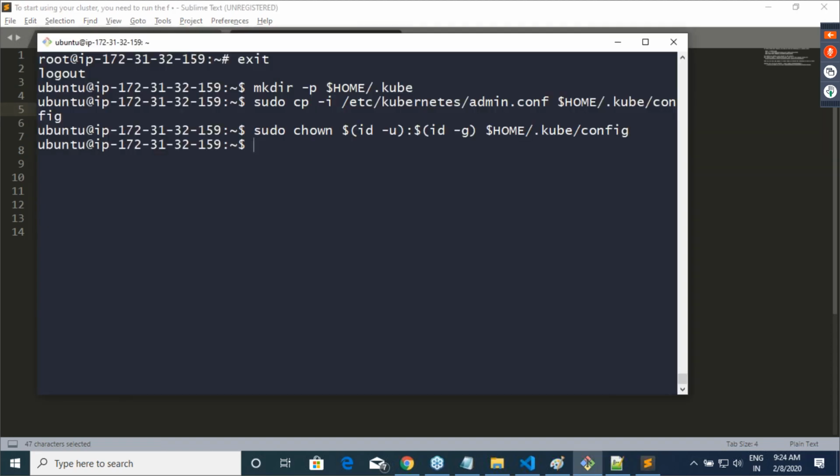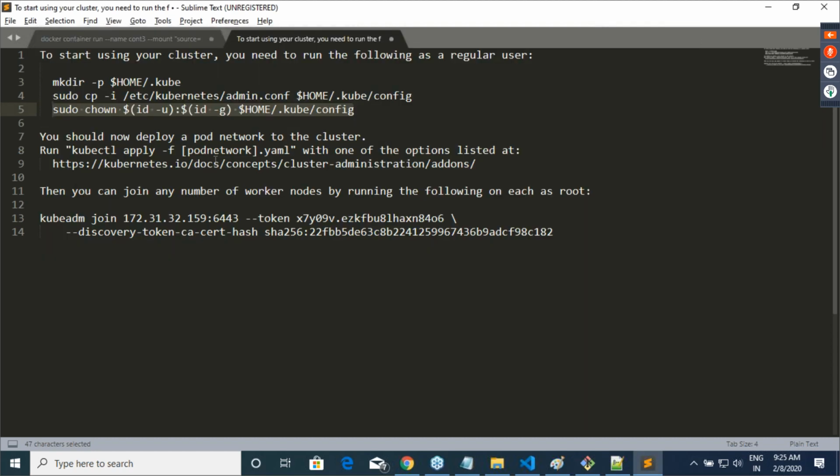The reason why we are doing this is you want to run kubeadm as a regular user, because your regular user has to execute these commands. Otherwise, only the root user can run the Kubernetes cluster, which is not a very good idea. For that reason, it is asking us to do this stuff. And then what is it trying to tell? You have done this now. You have to basically create a pod network.